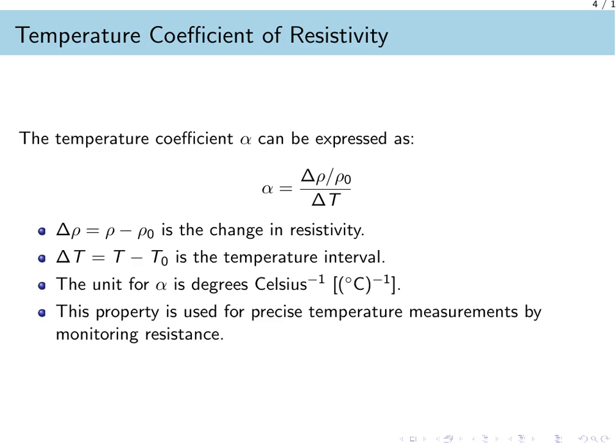The temperature coefficient of resistivity can be expressed mathematically. It is defined as the fractional change in resistivity, which is the change in resistivity divided by the reference resistivity, all divided by the temperature interval. The change in resistivity is simply the final resistivity minus the initial reference resistivity. The temperature interval is the final temperature minus the reference temperature. The unit for this coefficient is inverse degrees Celsius. Because of this predictable relationship, this property is incredibly useful for making precise temperature measurements by carefully monitoring the resistance